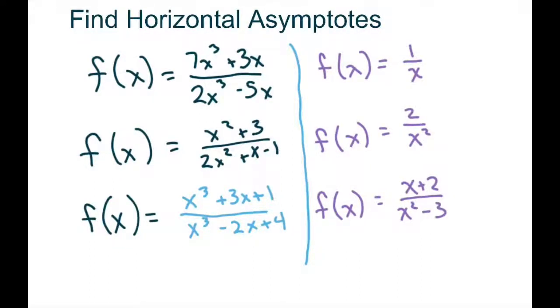Hi everyone, we're going to find the horizontal asymptotes. Horizontal asymptotes are just, these are rational expressions here, and horizontal asymptotes are just lines. So when you're graphing things,